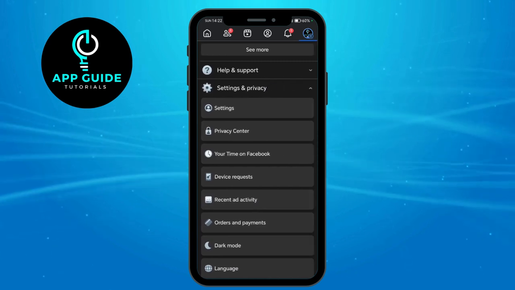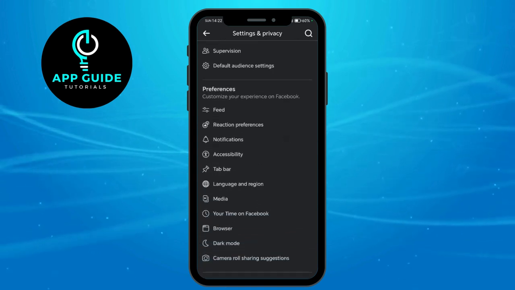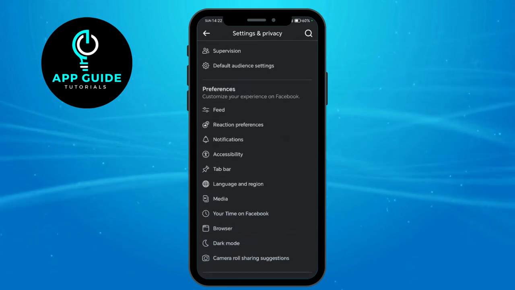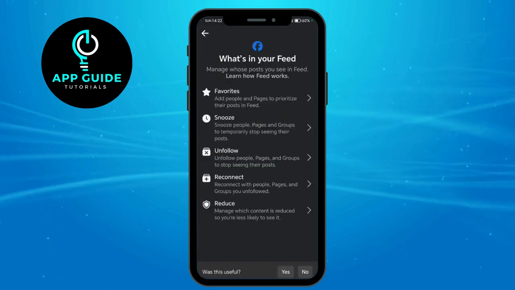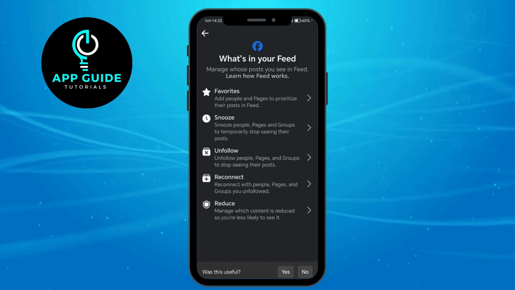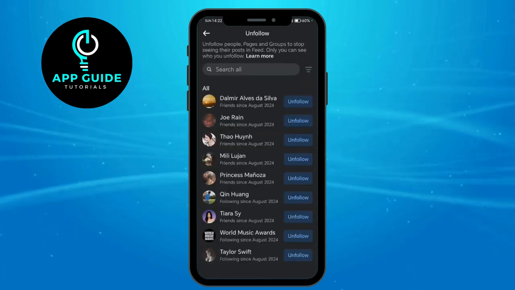Once we're here, we just have to tap on Settings and then scroll down until we find the section that says Preferences. We just have to tap on Feed right here, and we'll be able to see this Unfollow section right here. We just have to click on that,